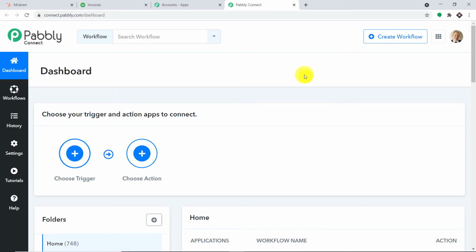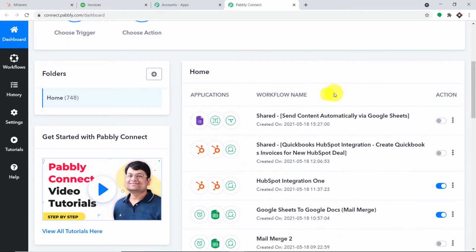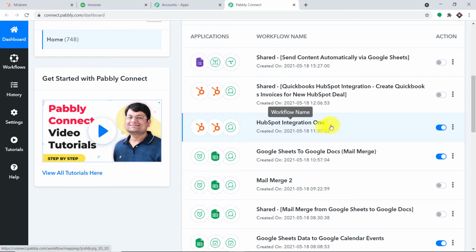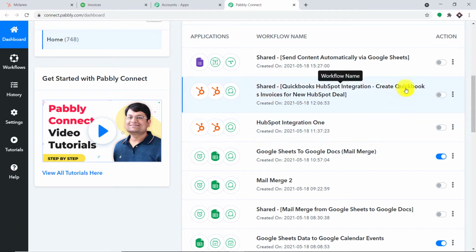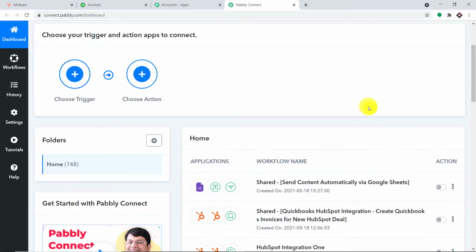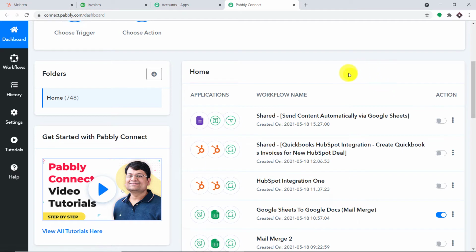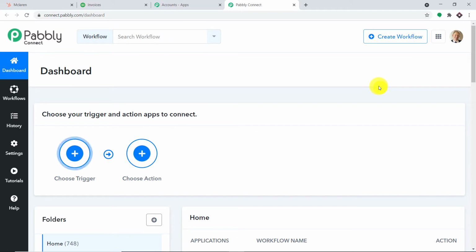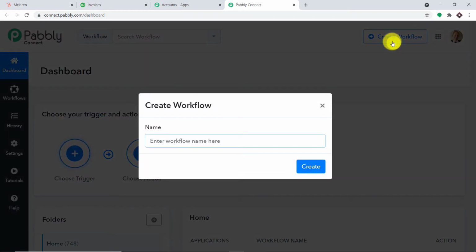Now, before I create a new workflow, there is something I have to do. So let me just scroll down, and there is an integration that has already integrated HubSpot and QuickBooks. So basically this is that integration. So I'm going to switch off this workflow. So your obvious question is, why have I switched off this workflow? Well, the answer is very clear. We are going to create a new workflow, and this old workflow running in parallel to it will create the problem of duplication of results. Basically, for one single deal in HubSpot, we will have 2 invoices in QuickBooks. We really don't want that. Okay, so that is why I switched off this workflow. It is actually none of your concern because we are going to start from scratch by clicking on Create Workflow.